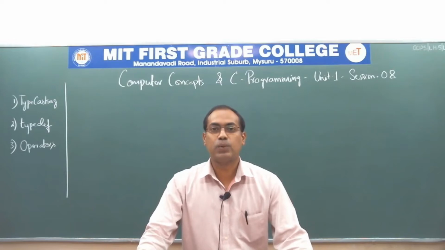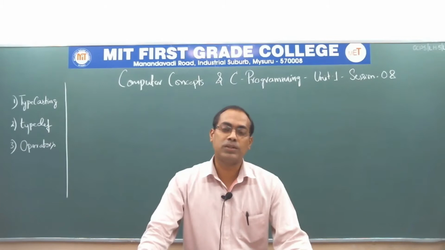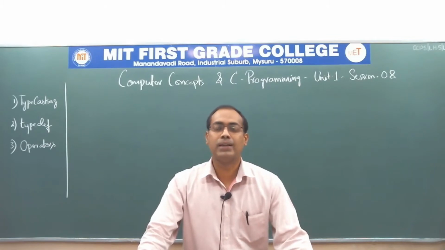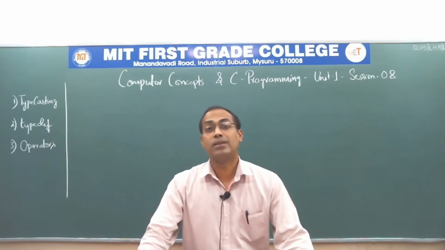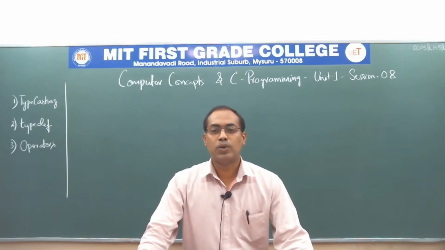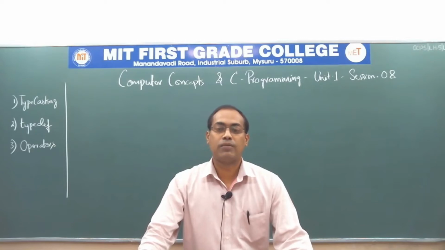In the previous session, we learnt about variables, how to declare variables and what are the rules you have to look into while naming the variable. And we learnt about the data types. We learned there are three different types of data types, which is called as primary data types, derived data types, as well as user defined data types. Also, we learned about the role of modifiers in changing the behavior of the data types, and lastly we learned about the size and range of each of the data types and how it is calculated.